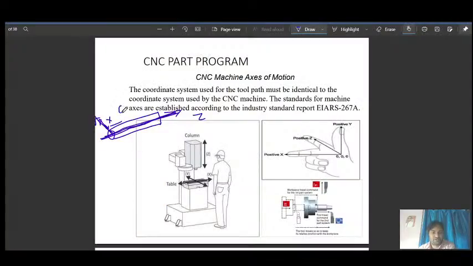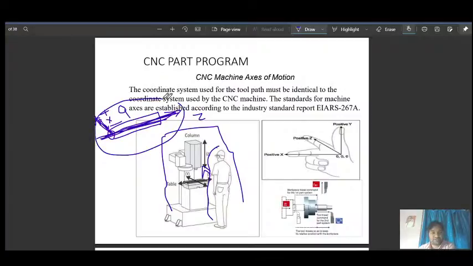Generally the tool is on this side, inside the box cover, so we have to access it. That's why the tool is kept inside of the job, not in front of the operator. So this axis is taken as a reference, and from this axis inside is plus x and this side is minus x. This is only for this standard kind of job.